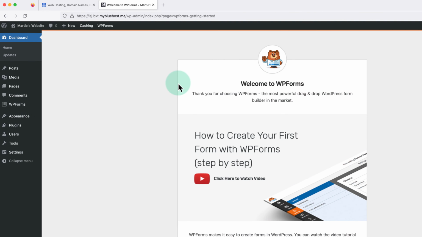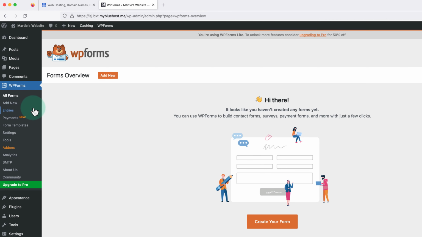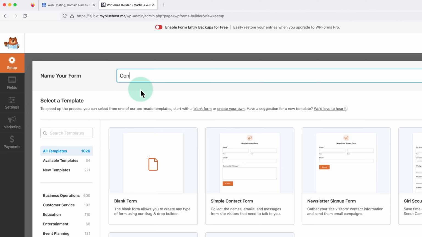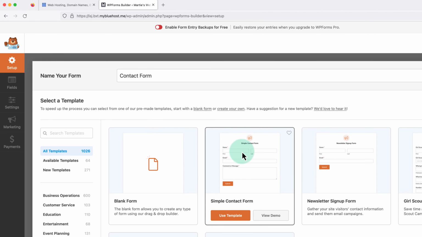Then once it's active, we're going to click into where it now says WPForms in our left dashboard menu, and then click Add New at the top to create a new form. Now we need to give our form a name at the top, and I'm going to call mine Contact Form, but you can call yours whatever you like. Then one of the awesome things about the WPForms plugin is that it comes with a contact form already created for us. So if we hover over Simple Contact Form and click Use Template,